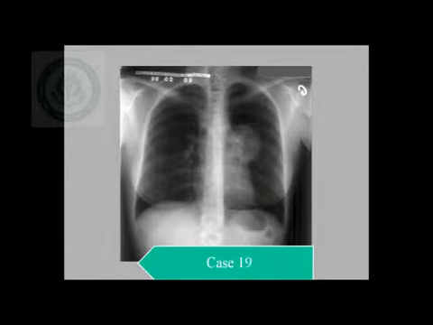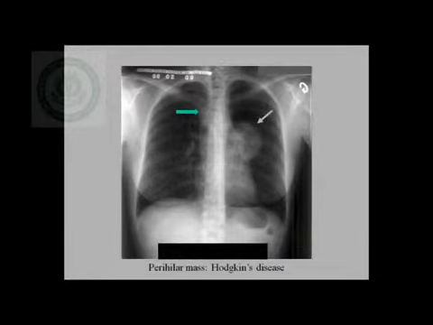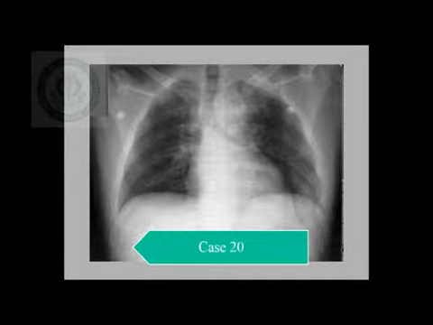Now another case with a central type of opacity, but compared to the previous one, this is abutting the hilum. A hilar lymph node abutting the hilum can give rise to a central type of bronchogenic lesion-like appearance. So it should be differentiated based on its inseparability from the left hilum. A hilar mass will be superimposed over the hilum, whereas a lung mass will be seen either anterior or posterior to the hilum.